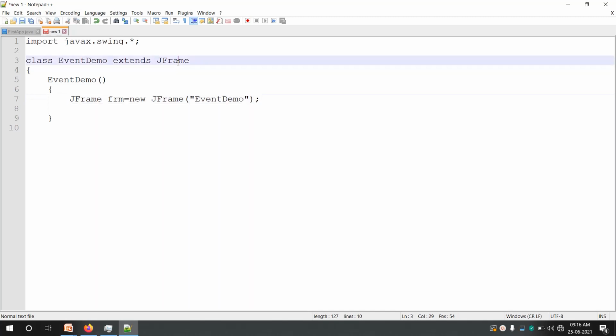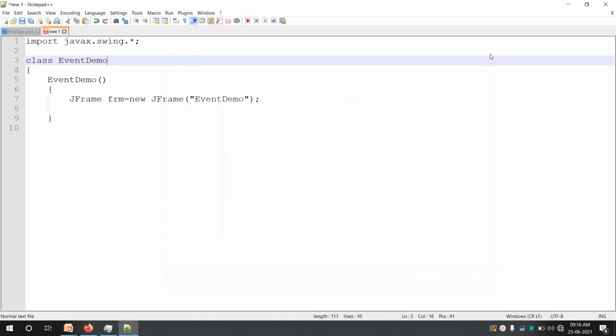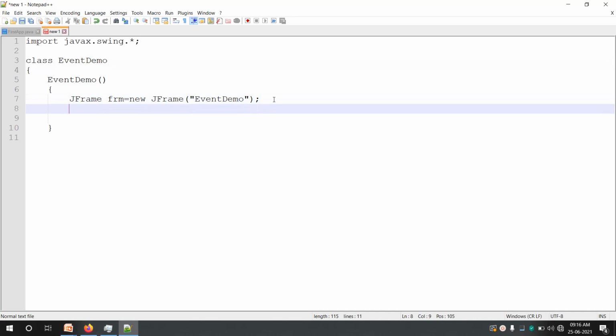In this case, the class EventDemo itself will behave like a JFrame. But as we know, multiple inheritance is not allowed. We will not use extends, we will keep some scope for inheriting other classes. If we inherit JFrame, then we cannot inherit any other class. That is why we create an object of JFrame.